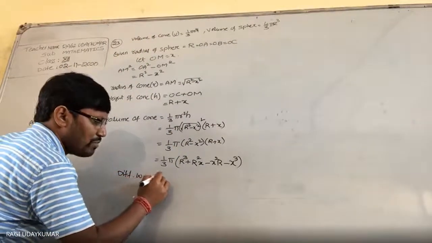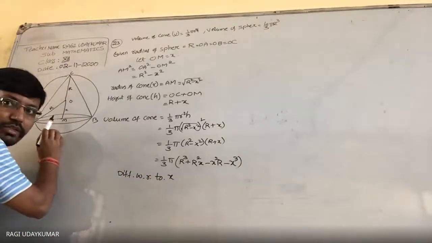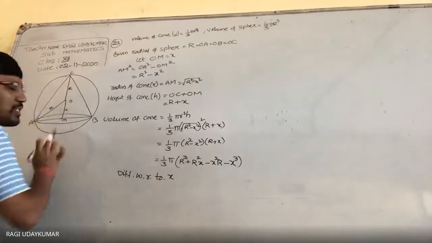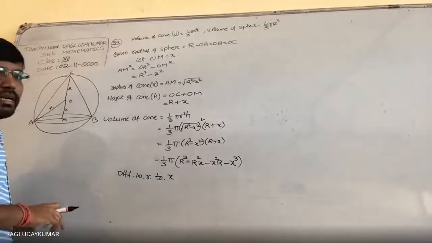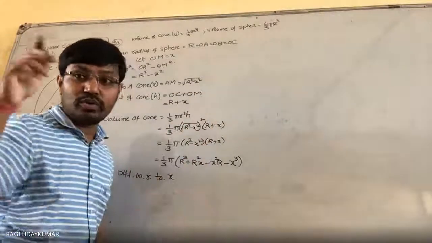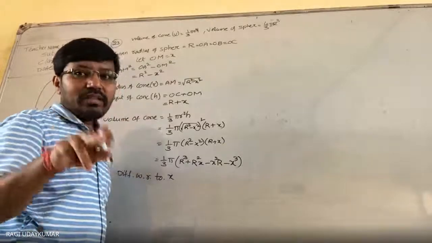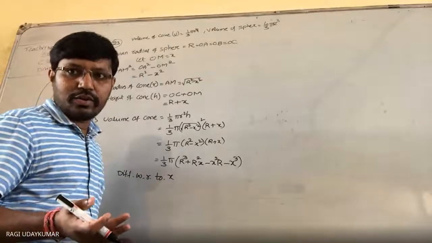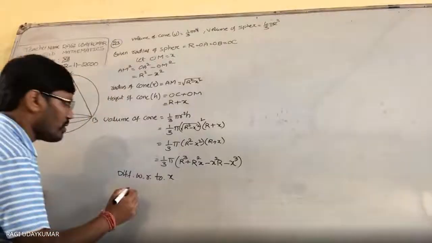The same problem can be done in another way. You consider the radius as small r, and the height can be found as under root of capital R square minus small r square. Whenever you take the radius as r, you get under root of capital R square minus small r square, and there you have to differentiate with respect to small r. When you have the under root, you have to apply the 1 by 2 root derivative, so it's a little bit complicated. That's why it's better to do it with respect to x.